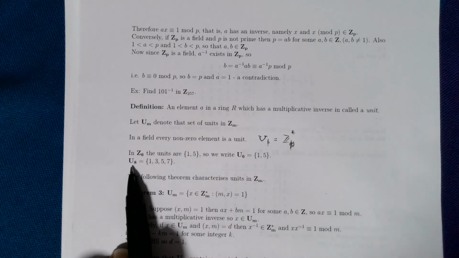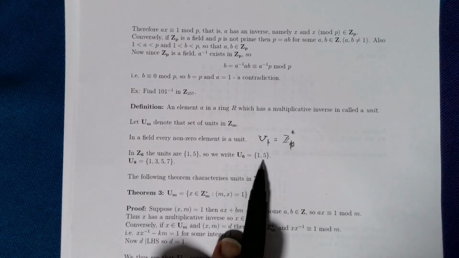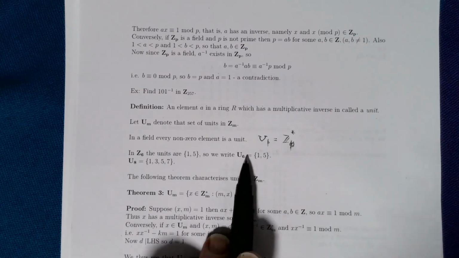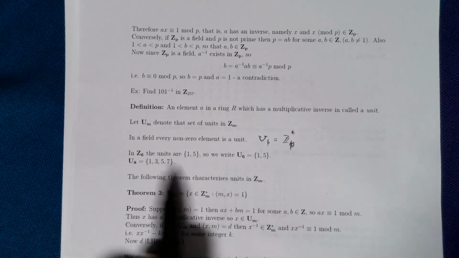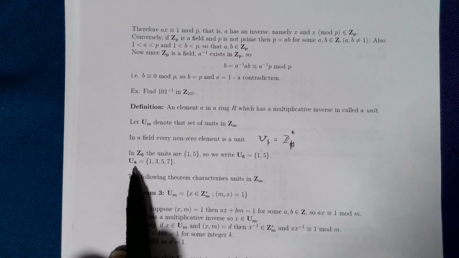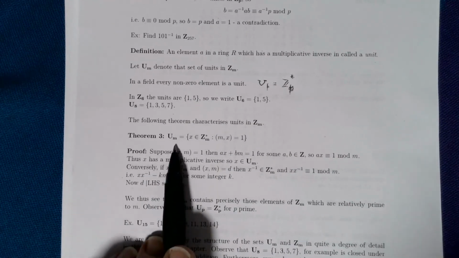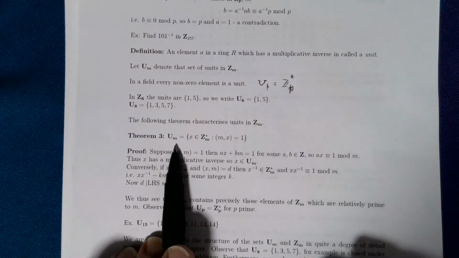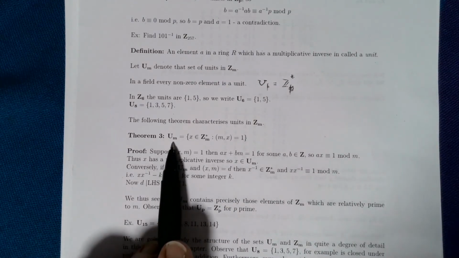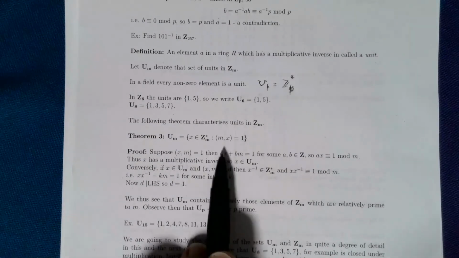And as you might guess from looking at these examples, the numbers that don't have inverses in Z_6, 2, 3 and 4, have a non-unitary GCD with 6. And the ones which don't have inverses here are 2, 4 and 6, and they don't have unitary GCD with 8. And so you might guess the following, again, lovely theorem here that pins down exactly what this U sub m is. So the elements of Z_m that have inverses, the elements of U_m, are precisely those that have a GCD